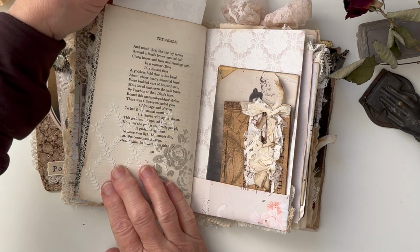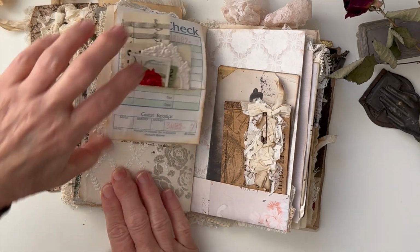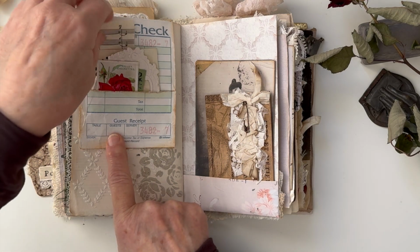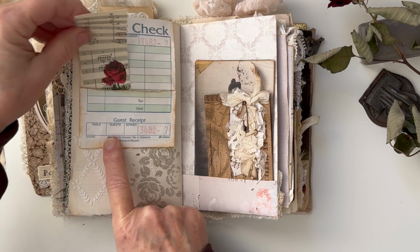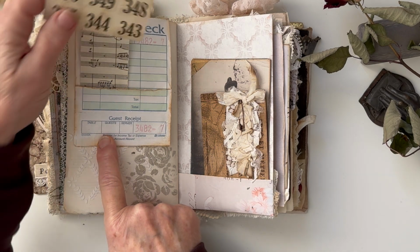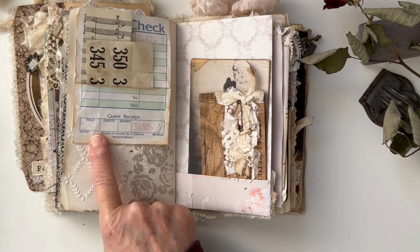It's a little guest check just sort of stapled on here, but this is serrated so you could actually rip it off, so it can be removed. Some more texture paste stenciling here. And in this little pocket is just a little bit of leftover music paper with a rose image on it, a bunch of numbers. These are my cool vintage auctioneer's numbers that I've coffee dyed,